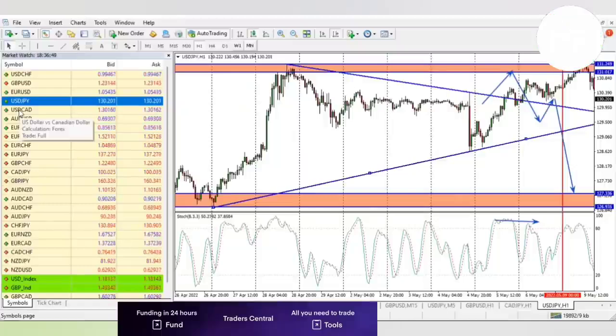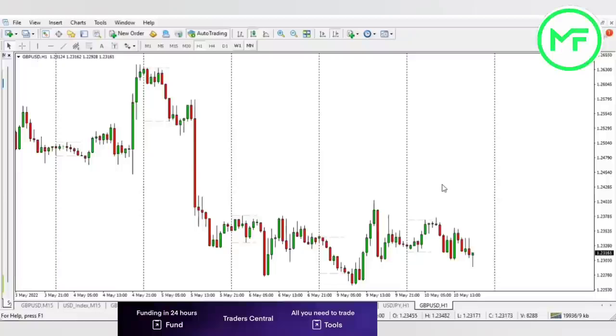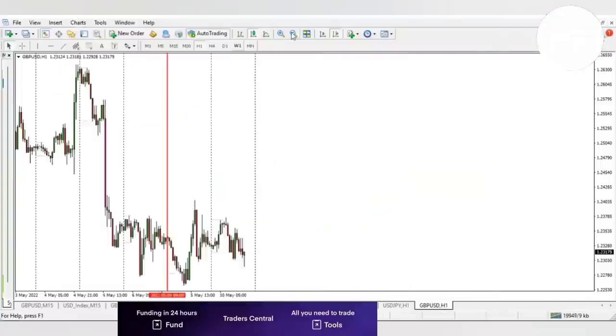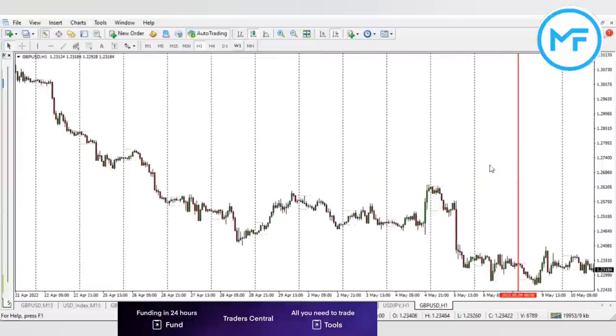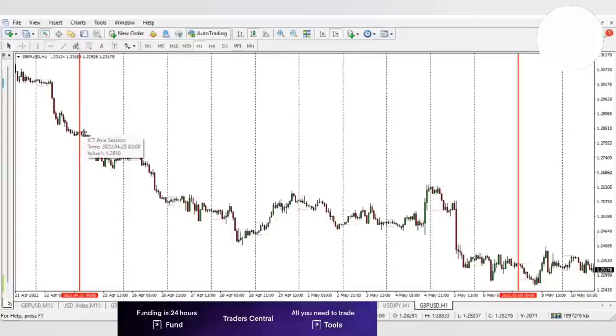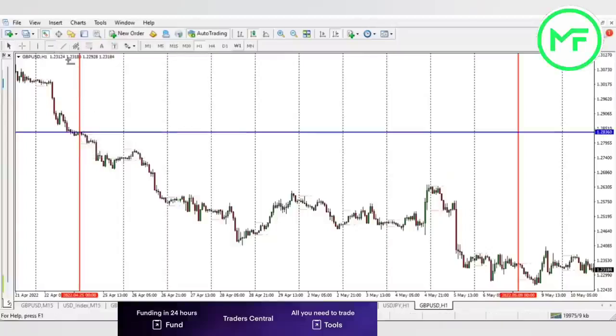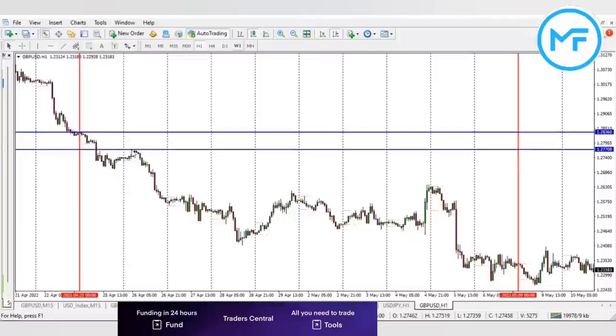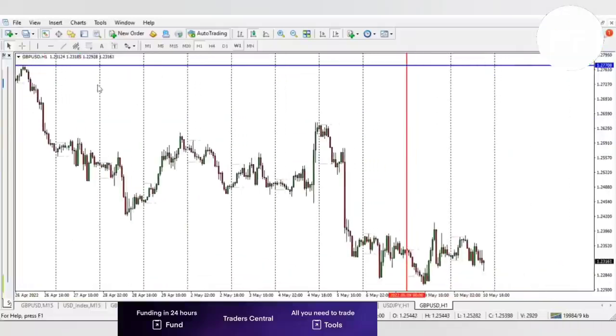Which pair do you want me to analyze? GBP USD. What do you do? This is Tuesday, Monday, you put a horizontal line there. And then you count how many days? 1, 2, 3, 4, 5, 6, 7, 8, 9, 10. That's your 10 days. And find your highest point, this one. Second highest can be this one. You can use either way. And then you find your lowest point,